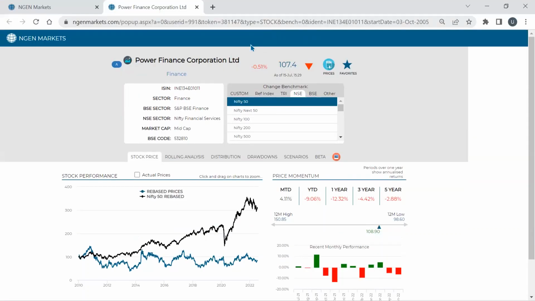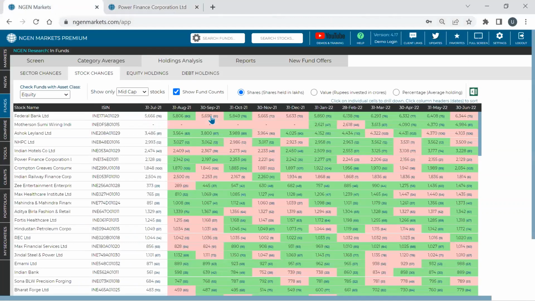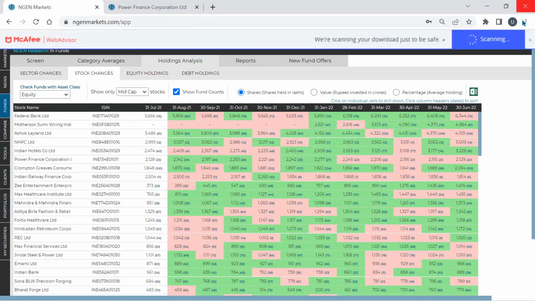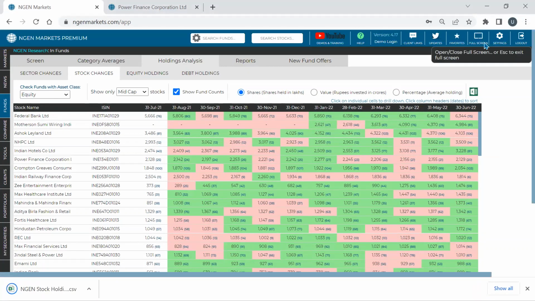Our main topic is looking at the holdings, and not the price momentum of the stock. But this is very insightful information to have. By the way, you can also download this entire data set in one Excel file. It's very useful if you want to do some customized analysis in Excel. You can just click on this button and download the entire thing.